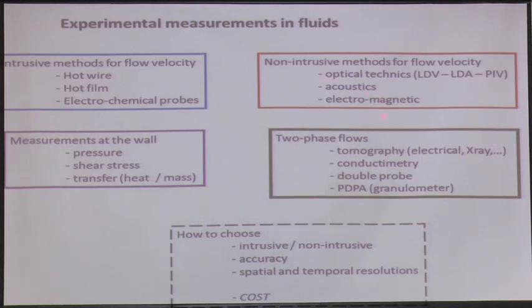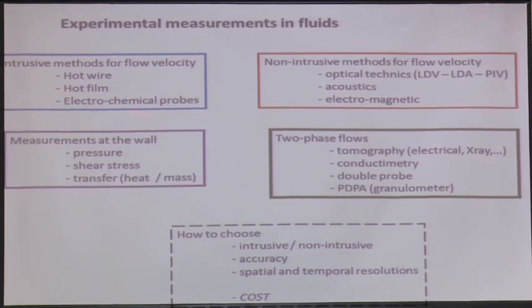But there are also other techniques which are non-intrusive, like acoustics. So for example, with acoustical waves, you can also probe the flow. If you have somewhere some particles which are going to reflect acoustic waves, you can also design some experimental techniques which are non-intrusive but based on other things than optics. It's based on acoustics. And then you have also techniques based on electromagnetic techniques if your fluid is charged. If you have some particles which are charged, then you can measure the motion of these particles, and then you can have an idea of the fluid motion.